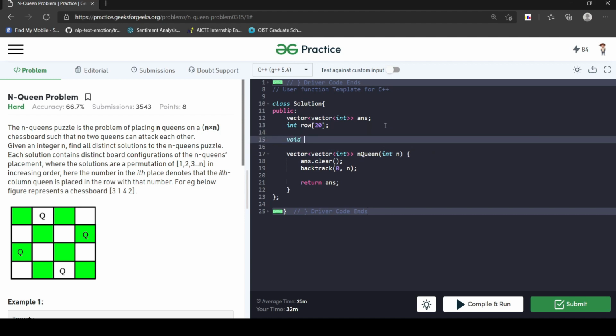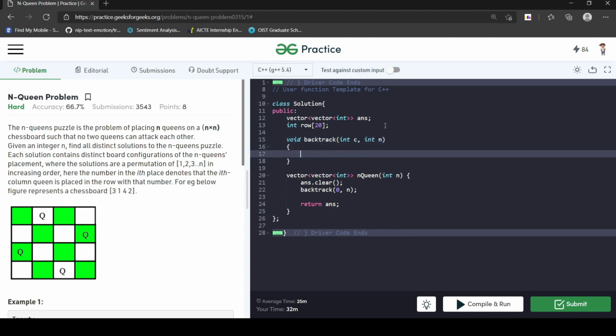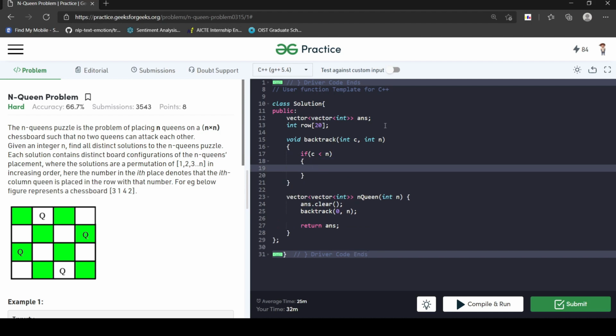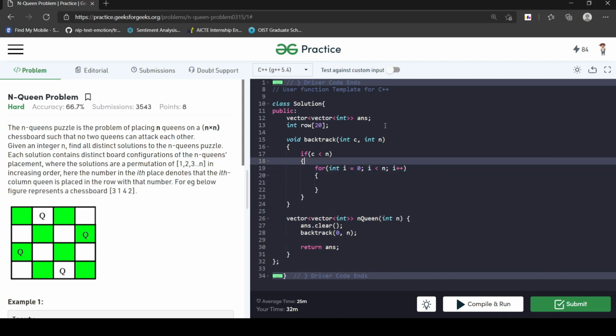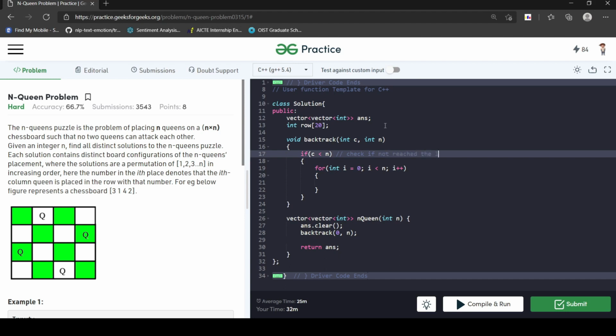Okay, now I will write the backtrack function. So what I will do in this function, if I haven't reached the last column, I will check if there is any possibility to find any row, right?